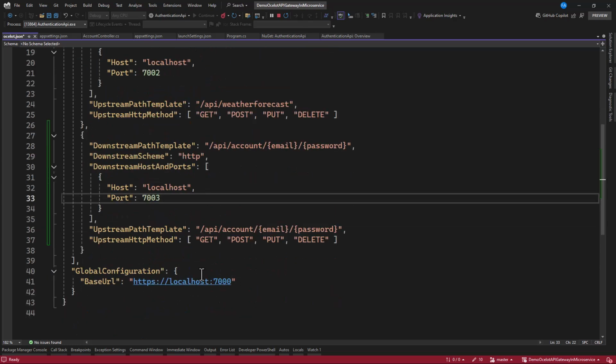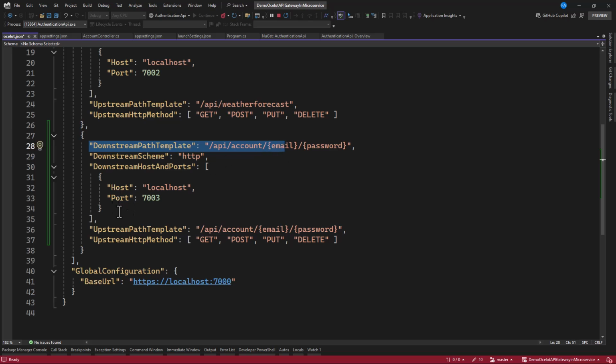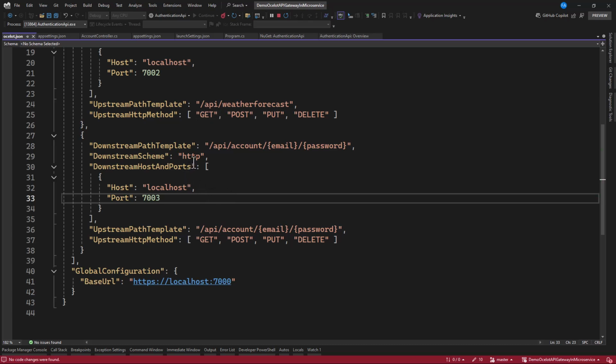And aside from that, you have the same thing in here. So we have a downstream which is going to be accessed through the Ocelot API or the gateway API to this service itself. And now here is what the client is going to access with the help of this base address and now this specific route. So the user can get access to this by performing any of these methods. So get, post, put, or delete. Okay, so now that we have this running on HTTP, we can save this peacefully.